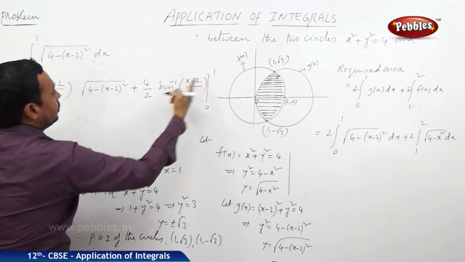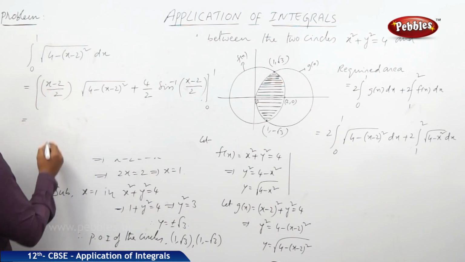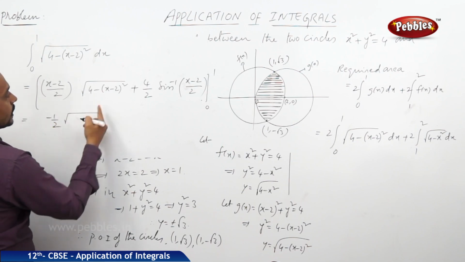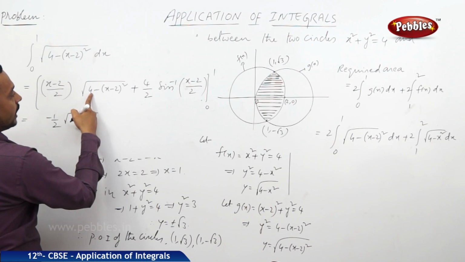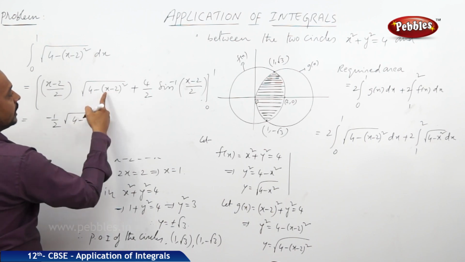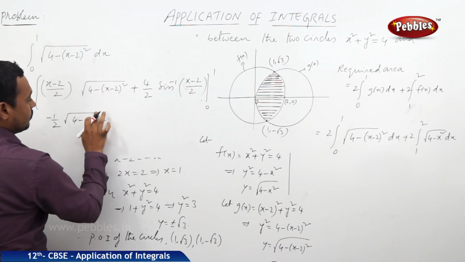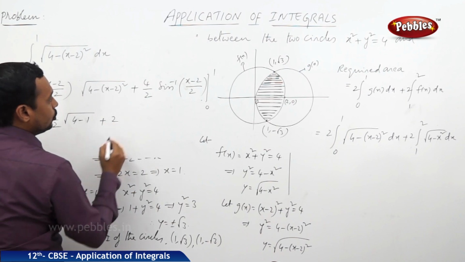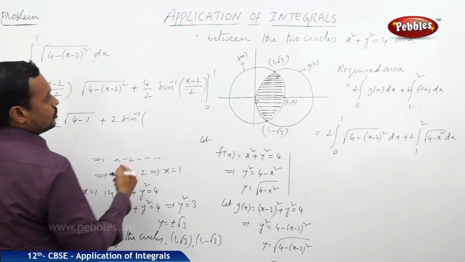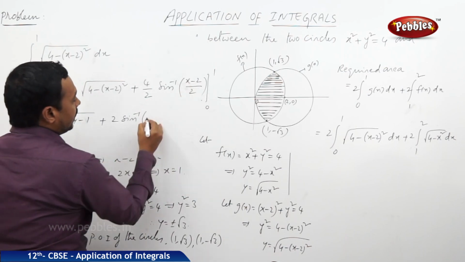Now, substitute upper limit first, that is (1 minus 2) by 2, that is minus 1 by 2, into square root of, substitute here 4 minus (1 minus 2) whole square, 1, plus 4 by 2 is equal to 2 sin inverse of, substitute x is equal to 1, (1 minus 2) by 2,